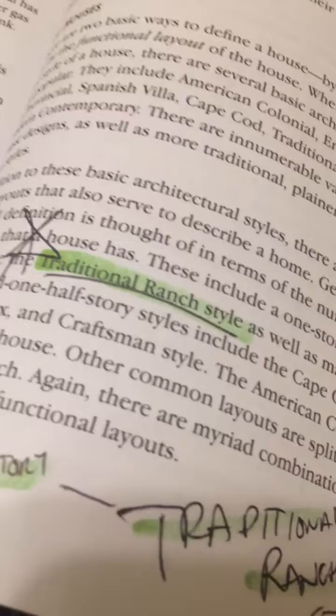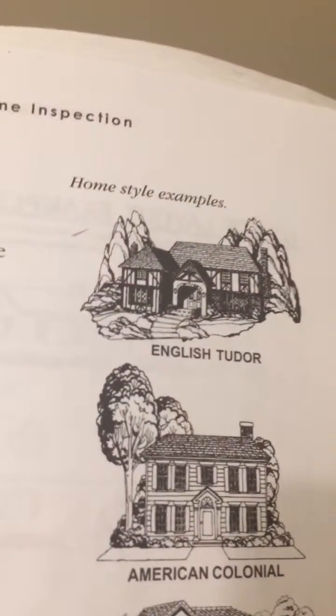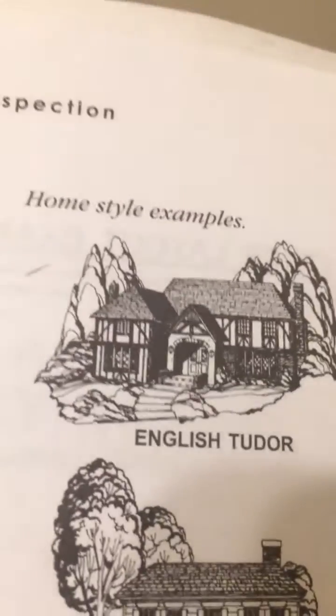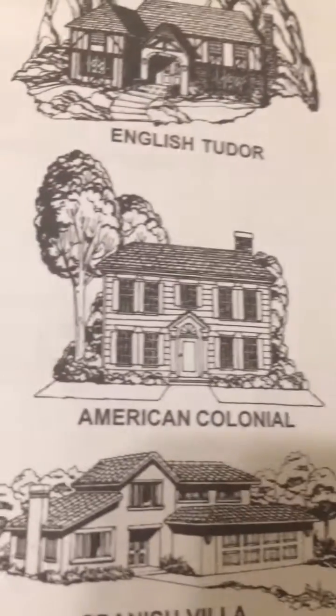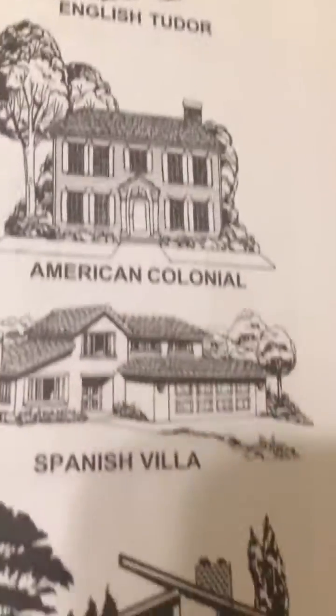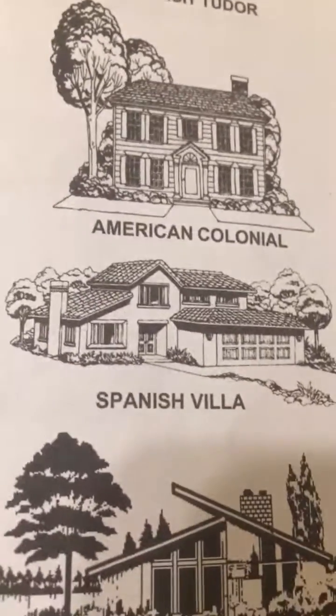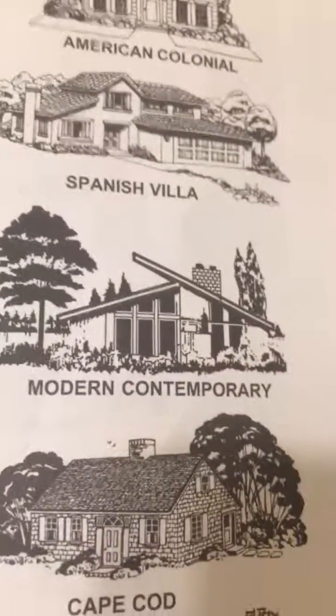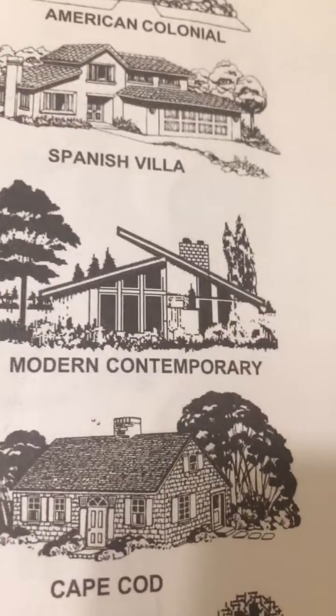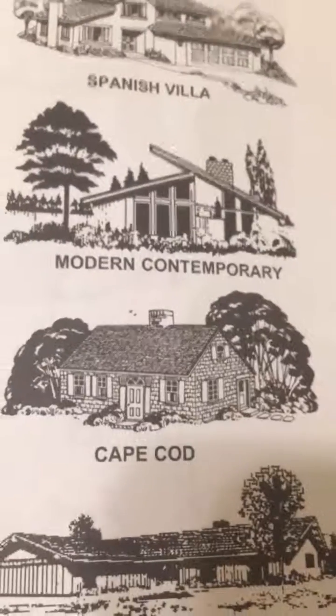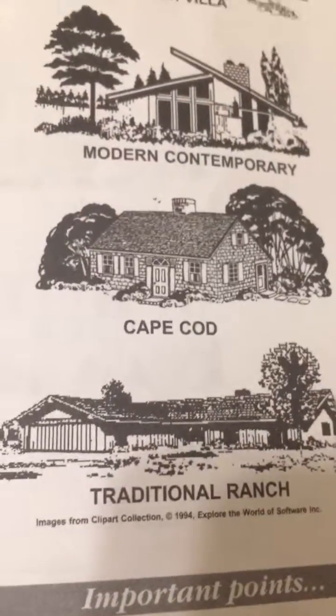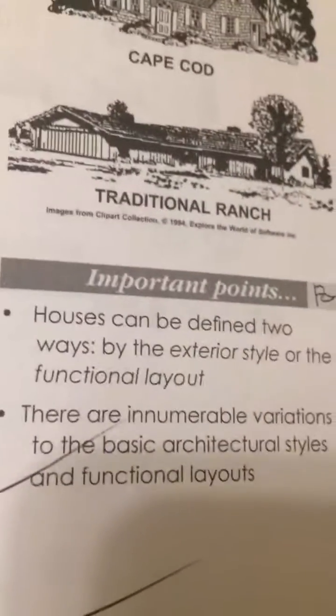1-story traditional ranch style, extra note. Home style examples: English Tudor, American colonial, Spanish villa, modern contemporary, Cape Cod, traditional ranch. Important points: houses can be defined